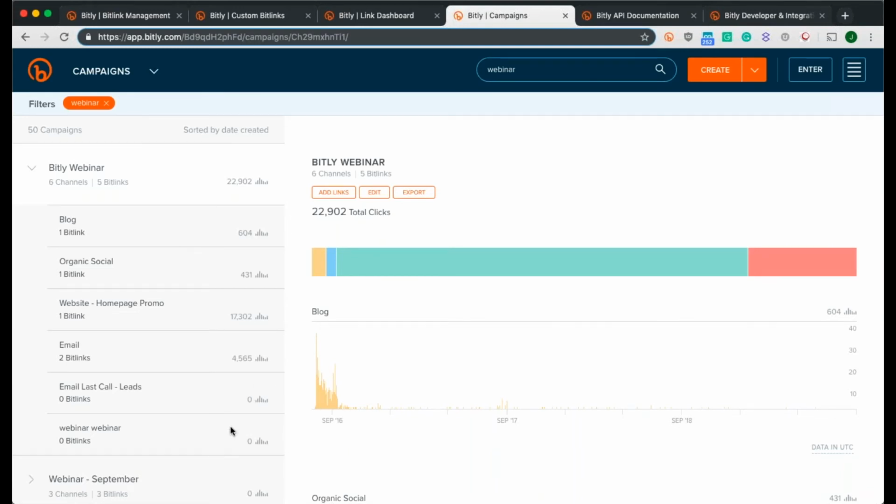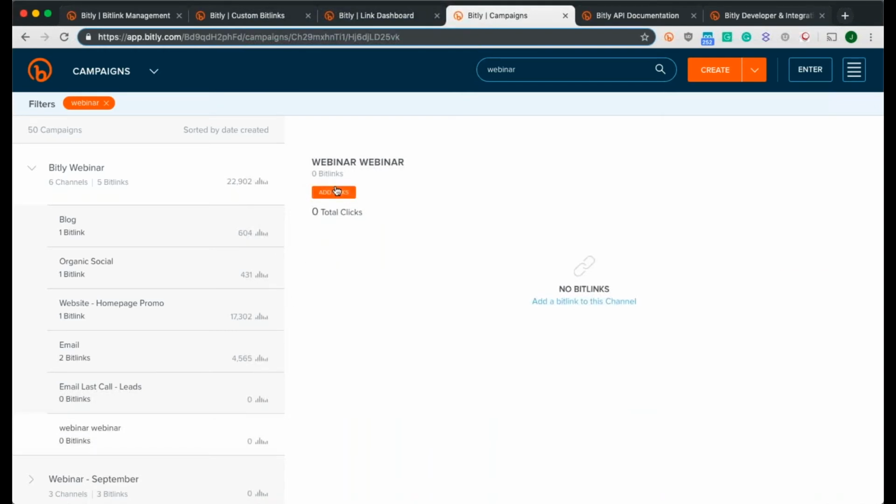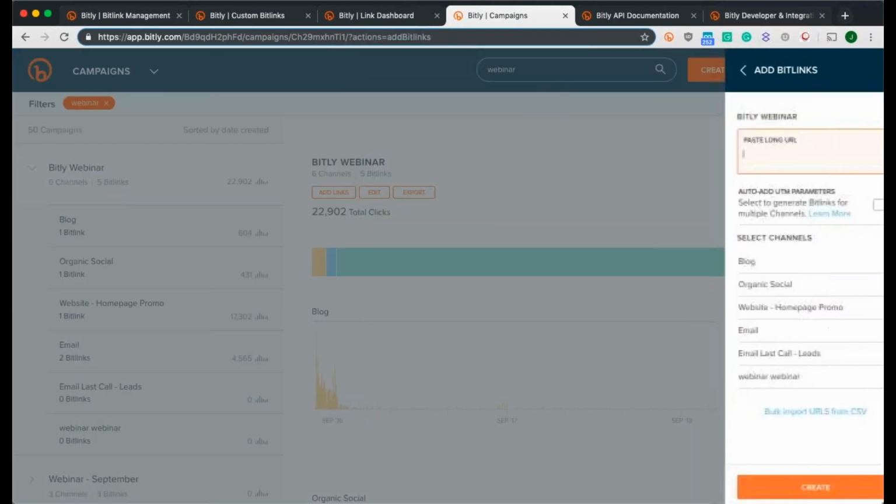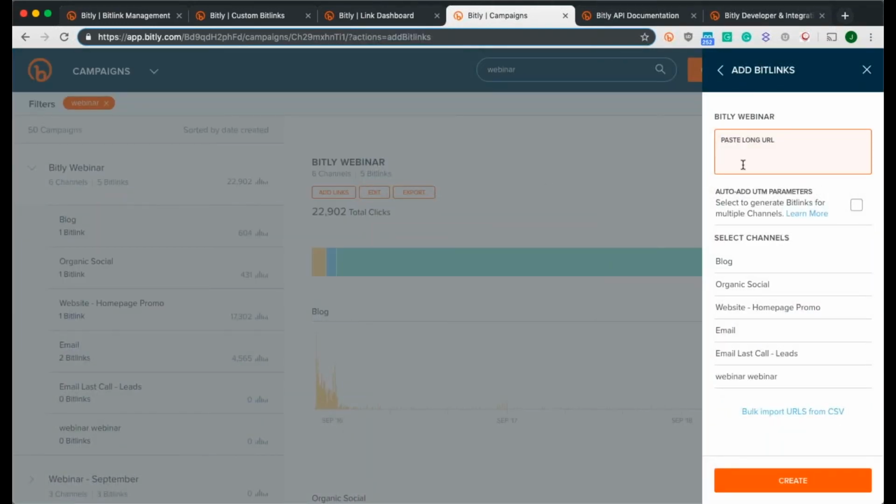And then adding links is as simple as either clicking into the channel and adding links individually, or I can add it from the campaign level as well. When I do so, I'll be able to type in a URL here. And one great feature that Bitly offers is auto adding UTM parameters, where I'll be able to check this box off